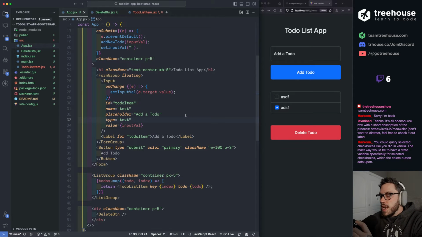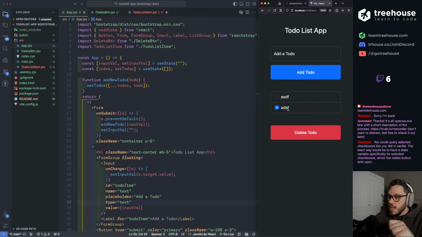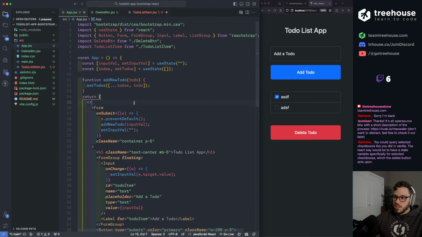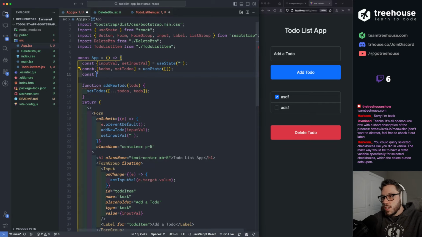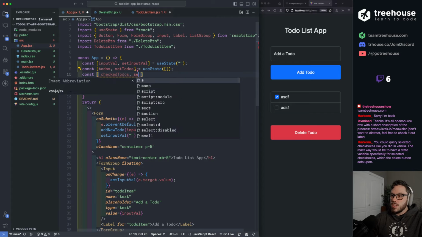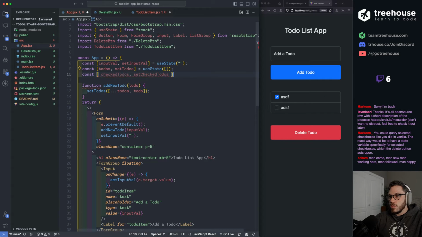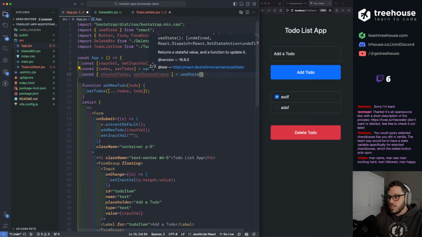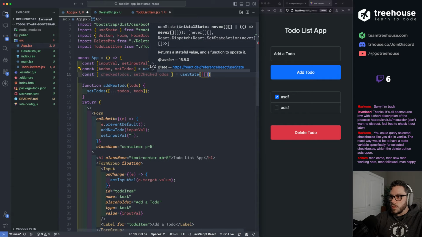See, my whole issue with React that confuses me is when you click on an item, let's say I clicked on this second one, how do you add that second item, not the first or the third or any of the others? How do you add that specific item to an array? I know how to do it. I just don't understand how it works behind the scenes in React. It makes complete sense and I know how to do it. It's just weird. So anyway, let's just say const checkedToDos, setCheckedToDos equals useState. And we'll set this up as an array also, I think would be the best bet.